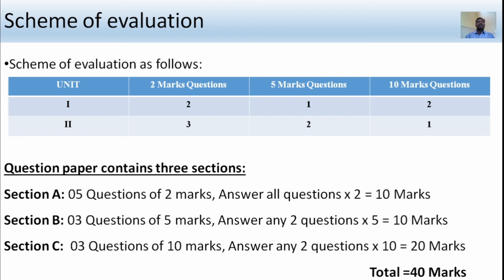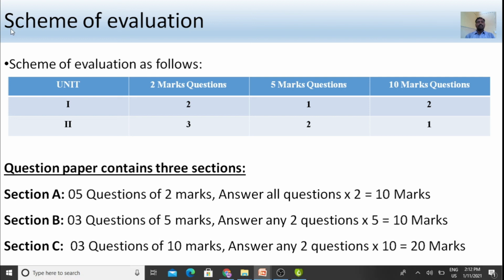So 2 into 5 is 10 marks from section B. Section C has 3 questions of 10 marks, and you have to answer at least 2 questions. So 2 into 10 is 20 marks. Overall, section A is 10 marks, section B is 10 marks, and section C is 20 marks, a total of 40 marks for one question paper of the Android programming subject.